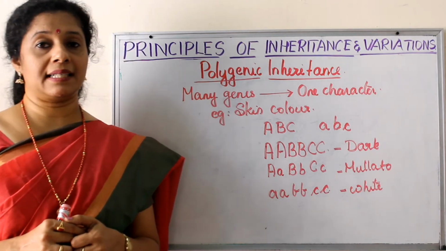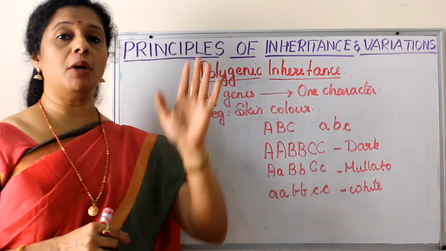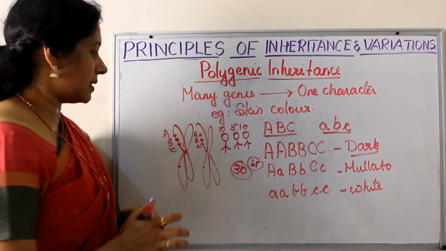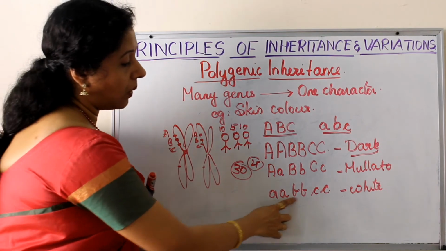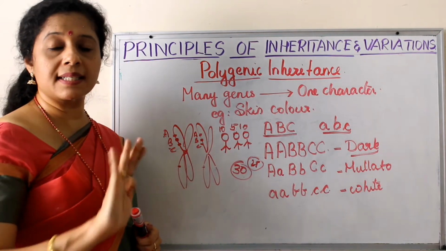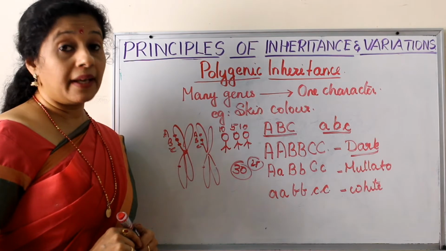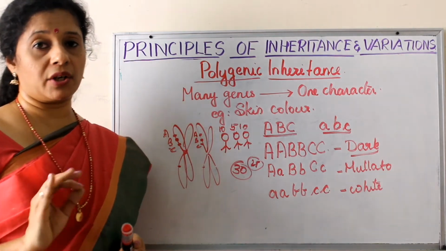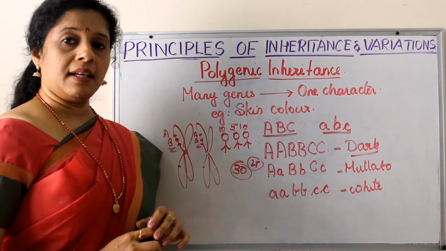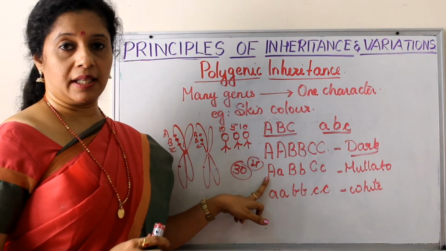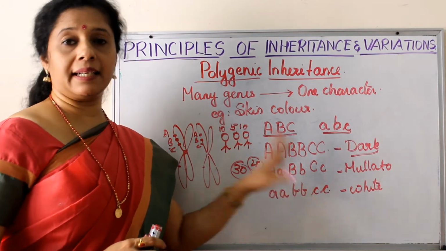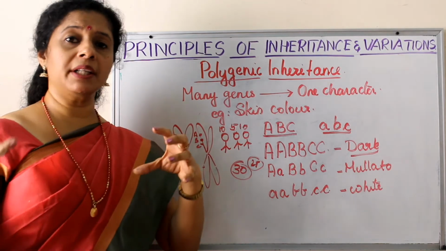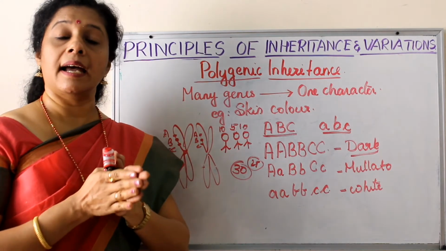Or if you look at the height, are we all having either tall people or dwarf people? No, height also, gradation is there. Whereas another situation where all the genes are recessive, all 6 alleles are recessive, then what happens? This will be as white as the white people, Americans or Europeans. Whereas there is an intermediate stage, that is 3 dominant and 3 recessive. We know each one is contributing. So 3 of them contributing, 3 of them not contributing. So exactly intermediate will come.